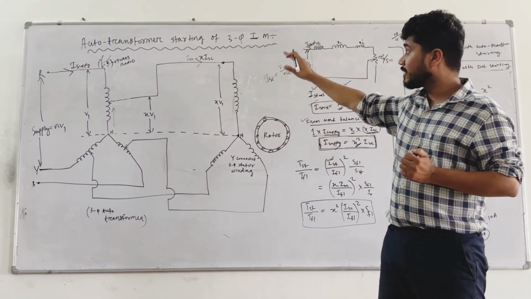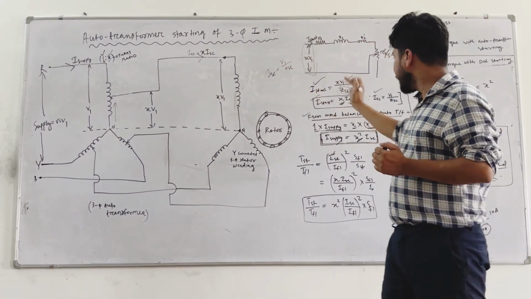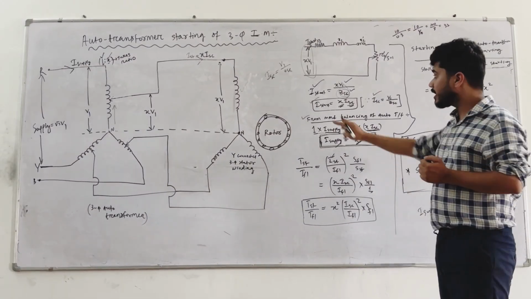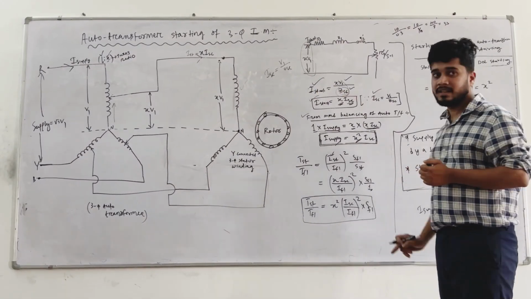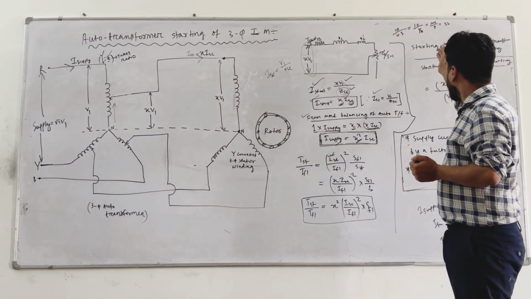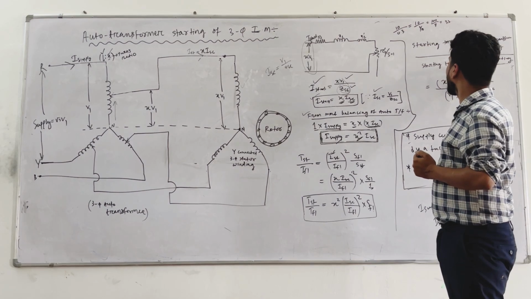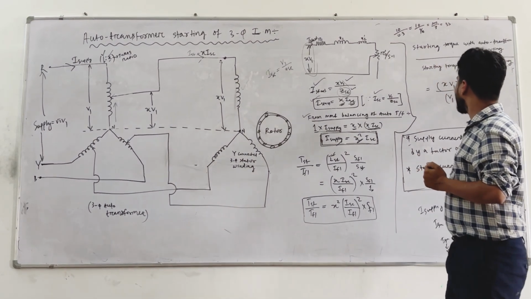So in this method of starting, you reduce the supply current by a factor of X square, you reduce the current flowing in the winding by a factor of X, and the torque ratio gives you X square. If you compare the starting torque of auto transformer with DOL starting, you will get a